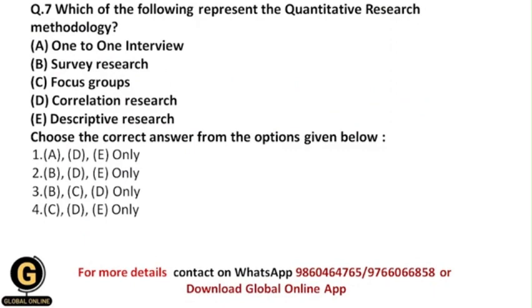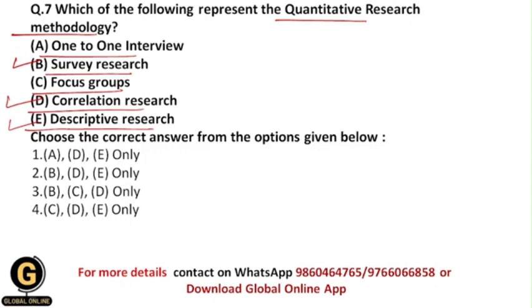Next is, which of the following represents the quantitative research methodology? Whether it is one-to-one interview, or survey research, or focus groups, or correlation research, or descriptive research. Now students, all of you now understand exactly what the quantitative research methods and the qualitative research methods are. So from these options, obviously survey research, correlation research and descriptive research are the quantitative research methodologies,